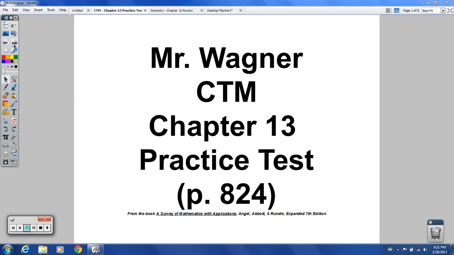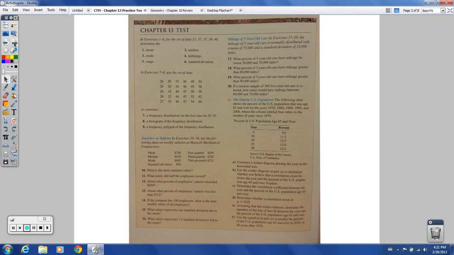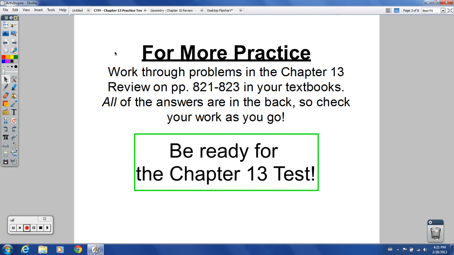Chapter 13, practice test. You're going to see 21 problems done here. I will go through each problem the full way through. You'll see the full explanation of it, and I'll be checking my answers as I go, just like you should be as well. If you want some extra help, some extra practice, check out Chapter 13 review in your book